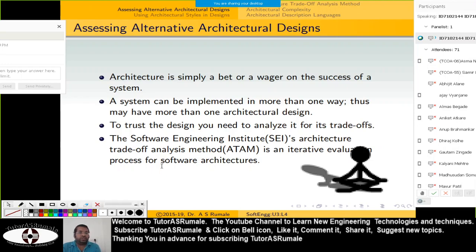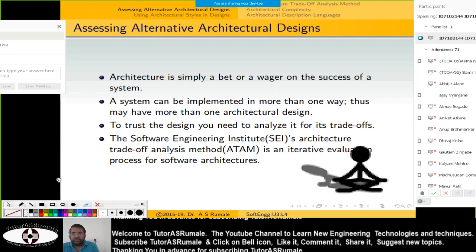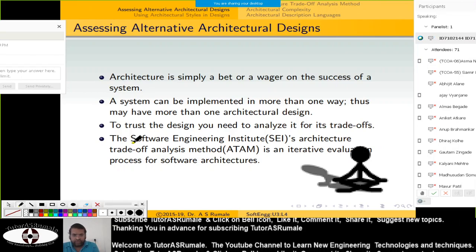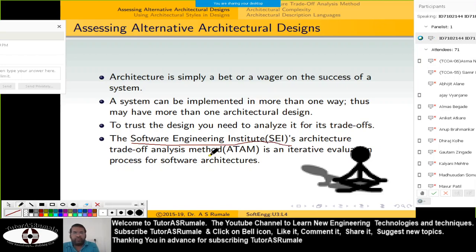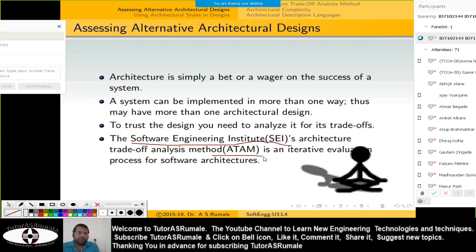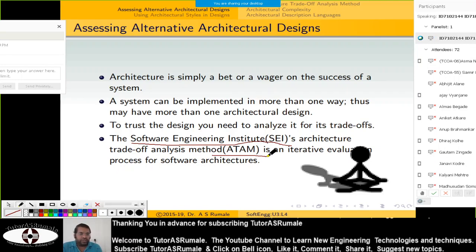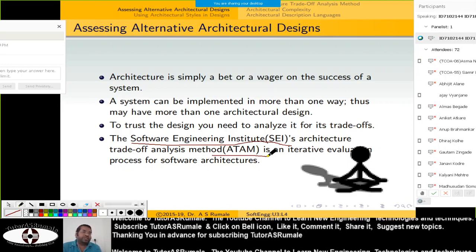The Software Engineering Institute, or SEI, has given a method of this trade-off analysis which is called ATAM. It is the Architecture Trade-off Analysis Method, and this is an iterative evaluation process of the software architecture. What does iterative mean?